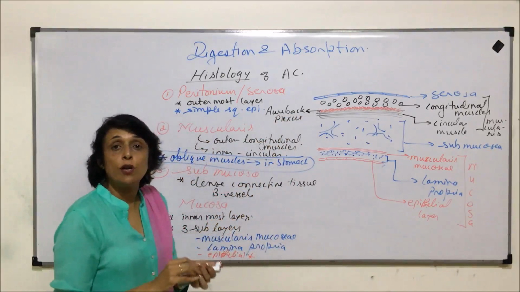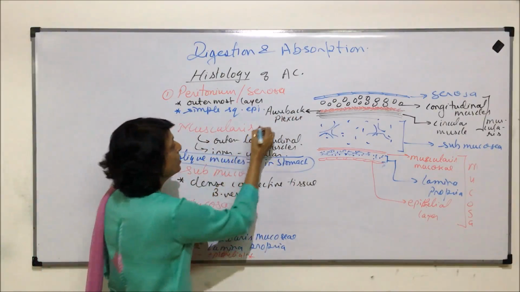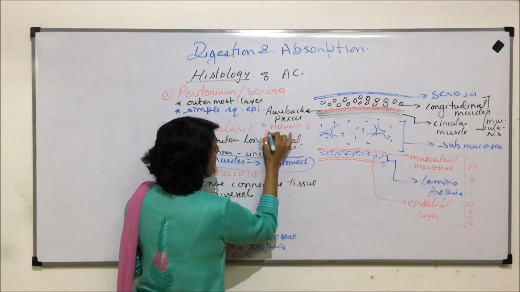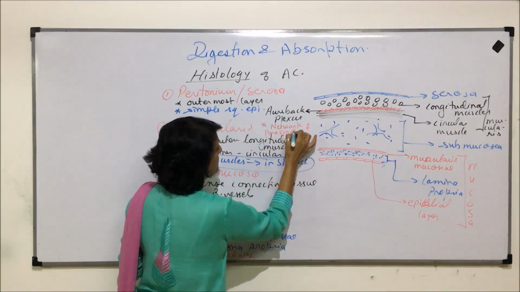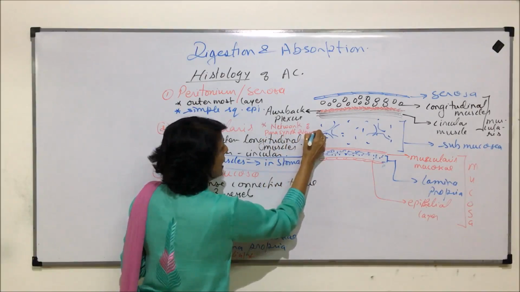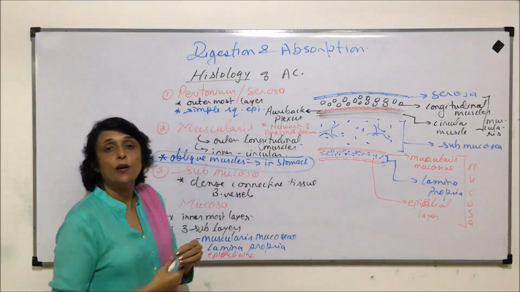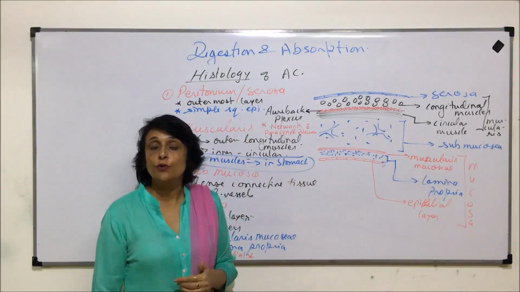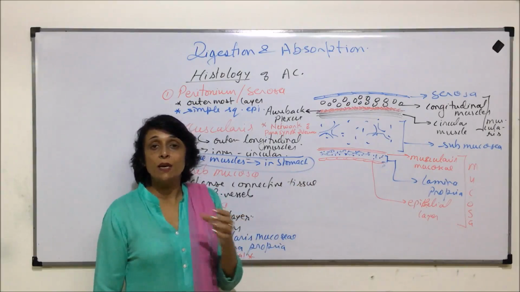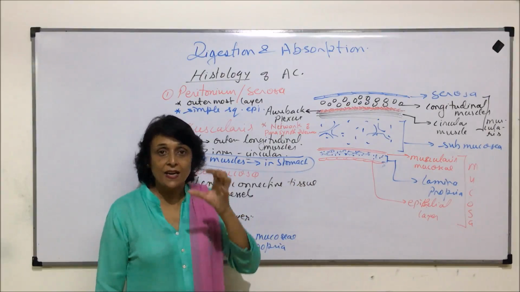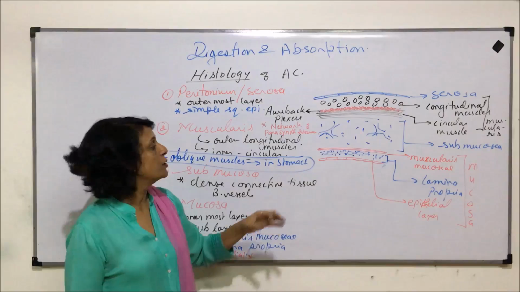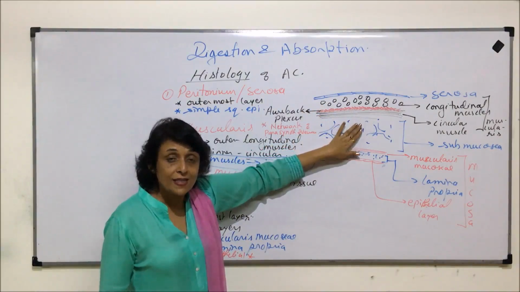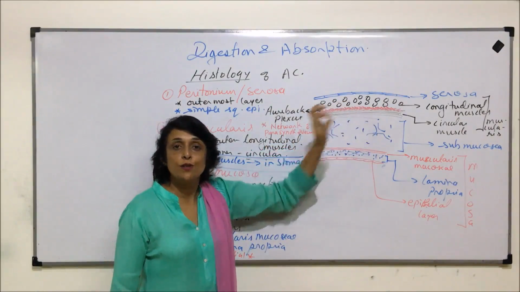This is a network of parasympathetic neurons, and they help in coordination of the muscular activities. When the food moves through the alimentary canal, the rhythmic contractions, which are called peristalsis, are the main muscular movements which are seen. This is submucosa, which is mainly dense connective tissue, has blood vessels, nerves, and